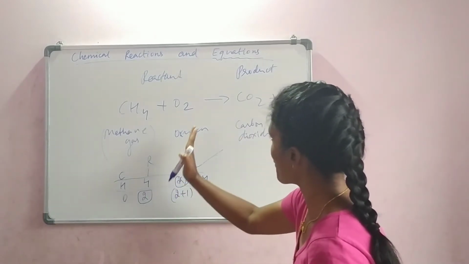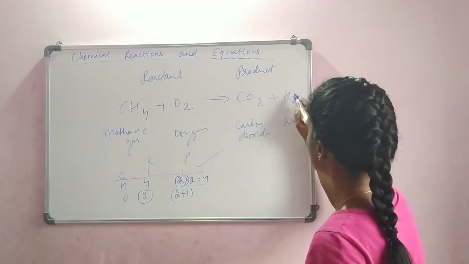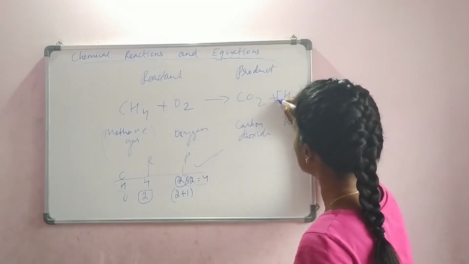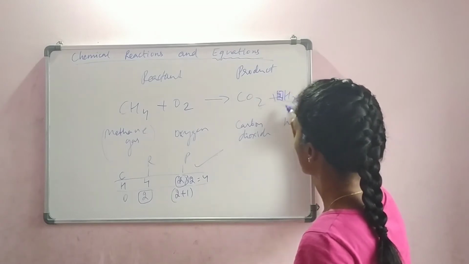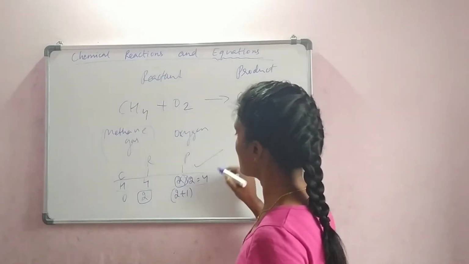So, we have to go to the product side and we should meet hydrogen. We don't have permission to write here or to alter the number. We have the permission to put it here. So, I am putting 2. So, 2 times 2 gave me 4. There is 4. It is balanced.